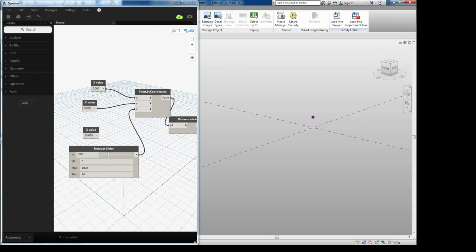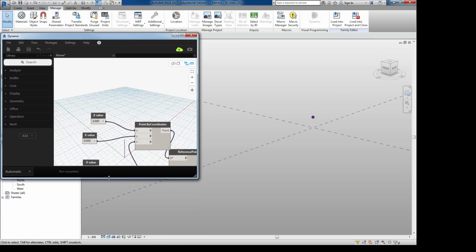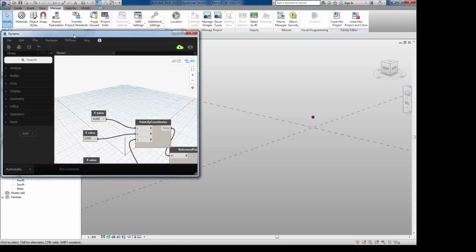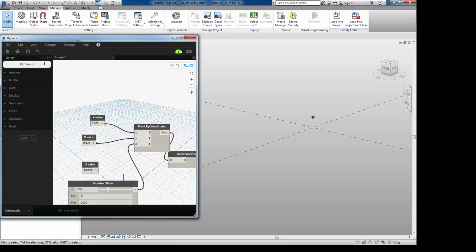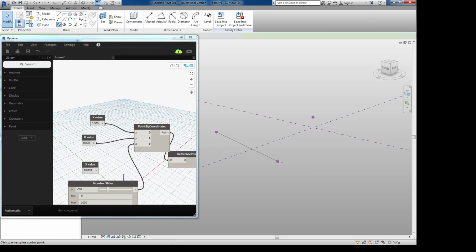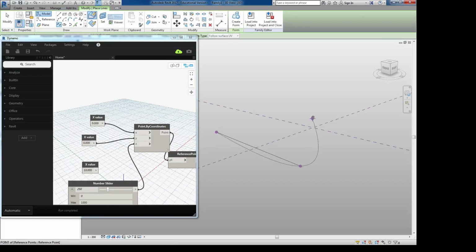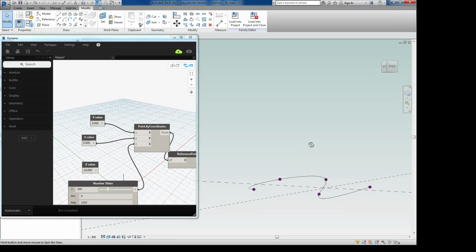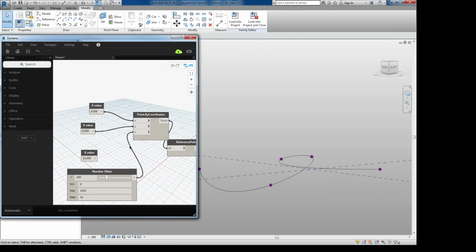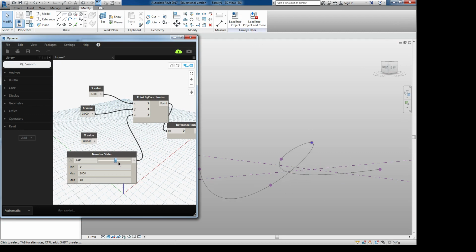It gets a bit more interesting when you know that you can reference these points in the drawings that you do in Revit. So let's say I want to draw a curve. So here's my curve. When I go on that point, I can snap to it. So I'll just draw this point and then go there and that. So let's say this is something I have in my environment, and I can control that one point that I've already made in Dynamo. I will see the results in Revit. So you can't see the dot or point in the Dynamo